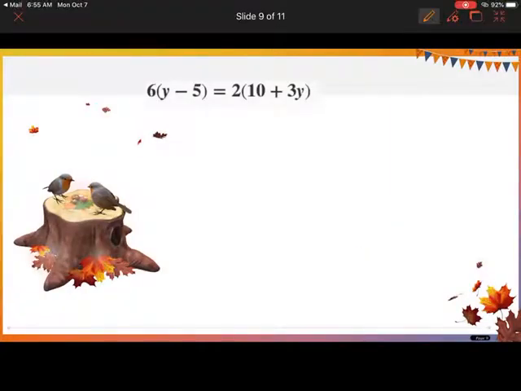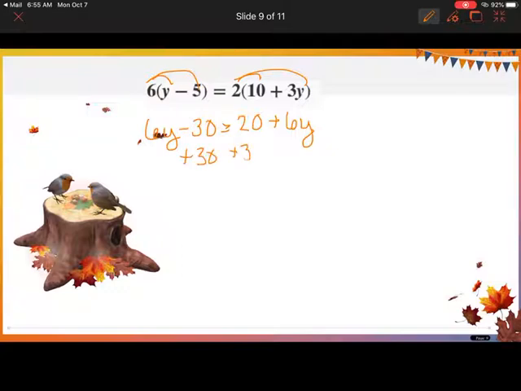So simplify first. So I'm going to distribute. So I have 20 plus 6y, 6y minus 30. I'm going to move my constant first. It doesn't really matter though. So I'm going to add 30, add 30. So we have 50 plus 6y